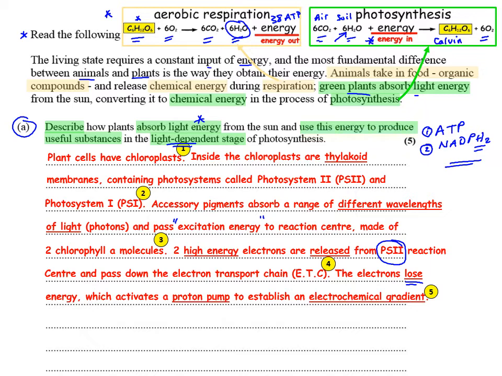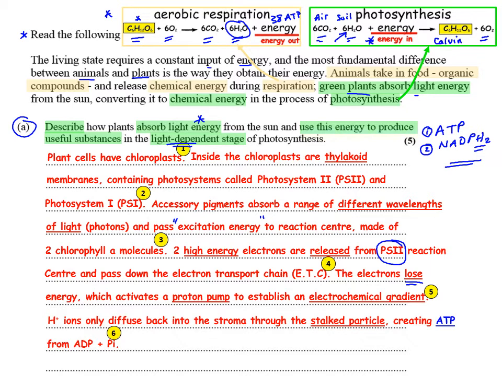And that proton pump, when it's activated, pumps protons into the thylakoid disc. The thylakoid disc becomes very acidic because of the accumulation of protons, and it helps to establish the electrochemical gradient. Now, this is a little bit similar to what happens inside the mitochondria in terms of proton pumps being activated and protons being pumped into the intermembrane space. But here, the high energy electrons come from the reaction center of PS2 on the left.